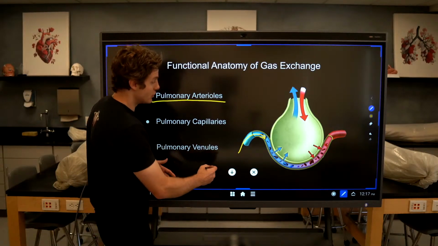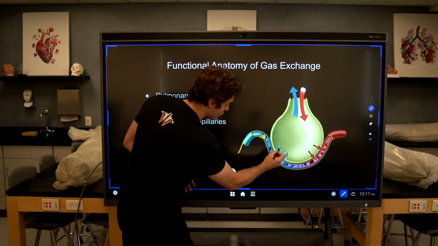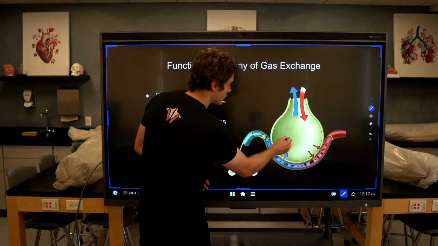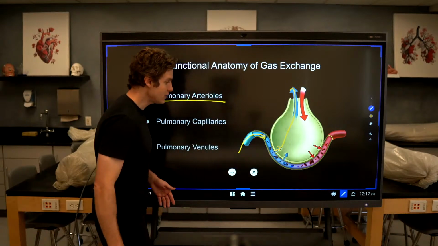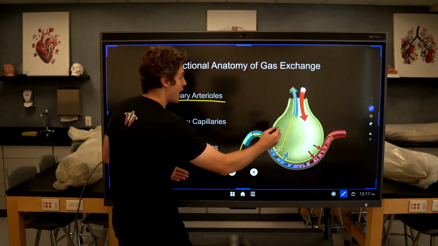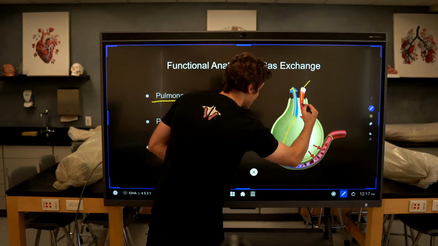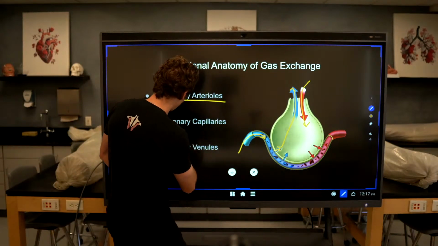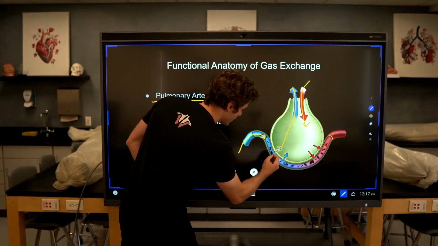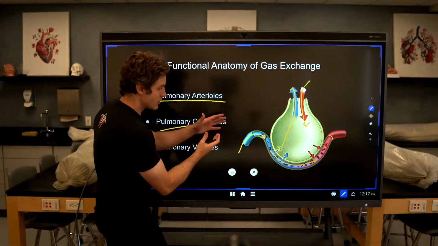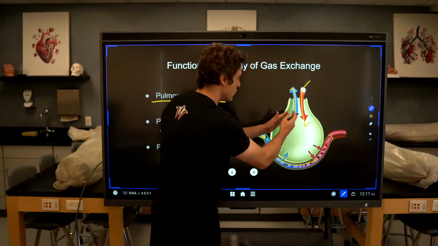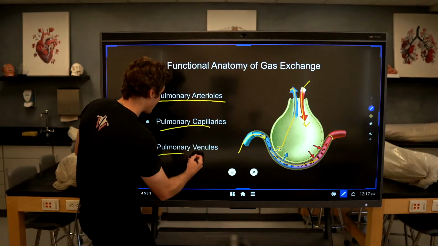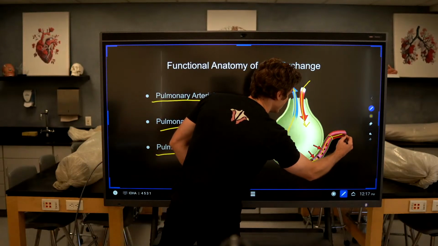And so what we're trying to do is get the carbon dioxide out of the bloodstream, which you can see from these arrows. And we would breathe that out, which is going with that blue arrow right there. And then at the same time, after we exhale, we inhale and bring that oxygen in. That's what we're seeing with this pulmonary capillary. This whole portion right here is the pulmonary capillary. You can see the carbon dioxide is moving out, but then the oxygen that we're breathing in is now moving into the blood, and that goes into this pulmonary venule and goes back to the left